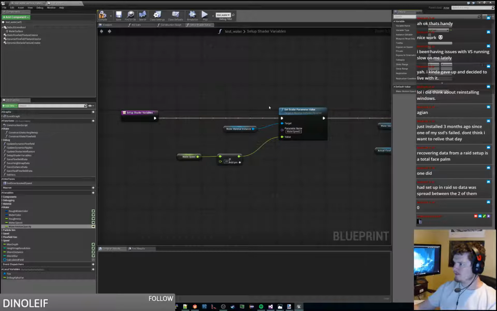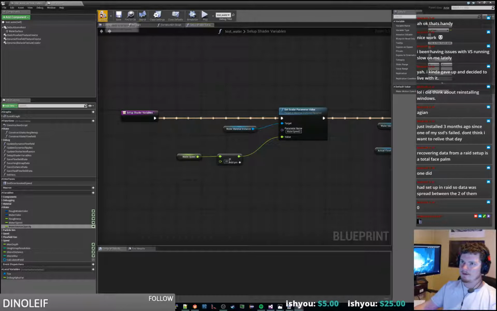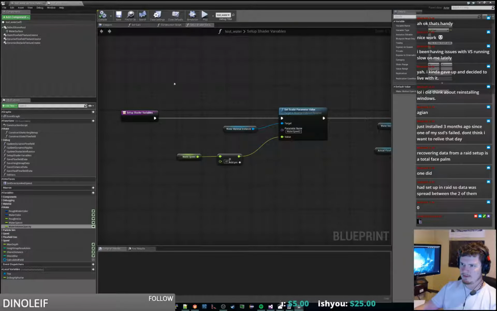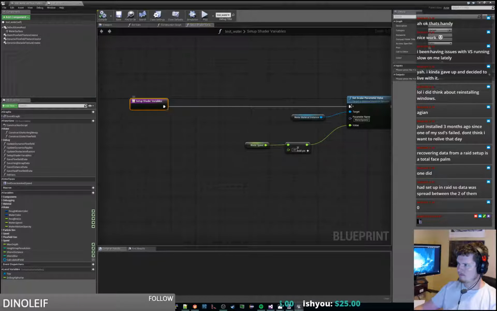So go from 0 to 1. This is how much water direction is applied. Alright, do that. And when you set the shader parameter,